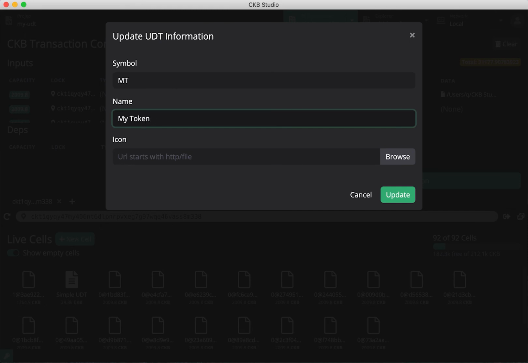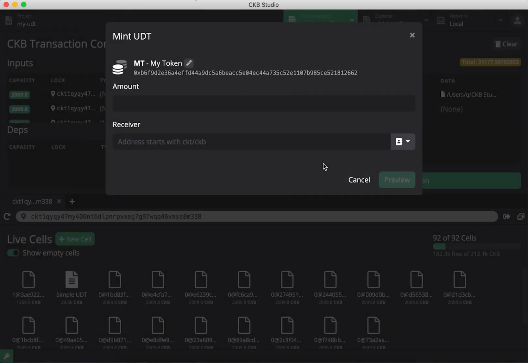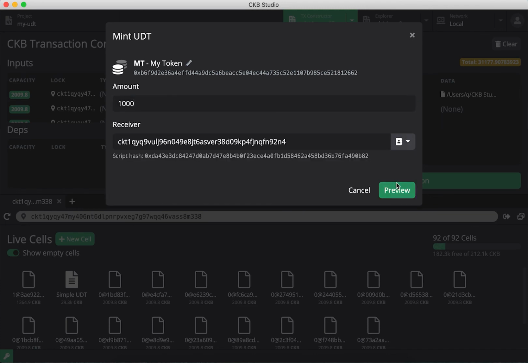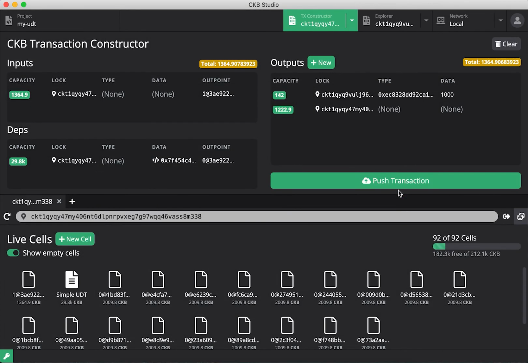If you happen to have an icon for a newly defined token, you can just point it to the file online or offline here, but we just skip it. In the amount column, type in the number you want to initially issue to the receiver and pick the receiver address here in the receiver column. Then preview. The CKB Studio will just construct the transaction for you to fulfill your request on the mint UDT